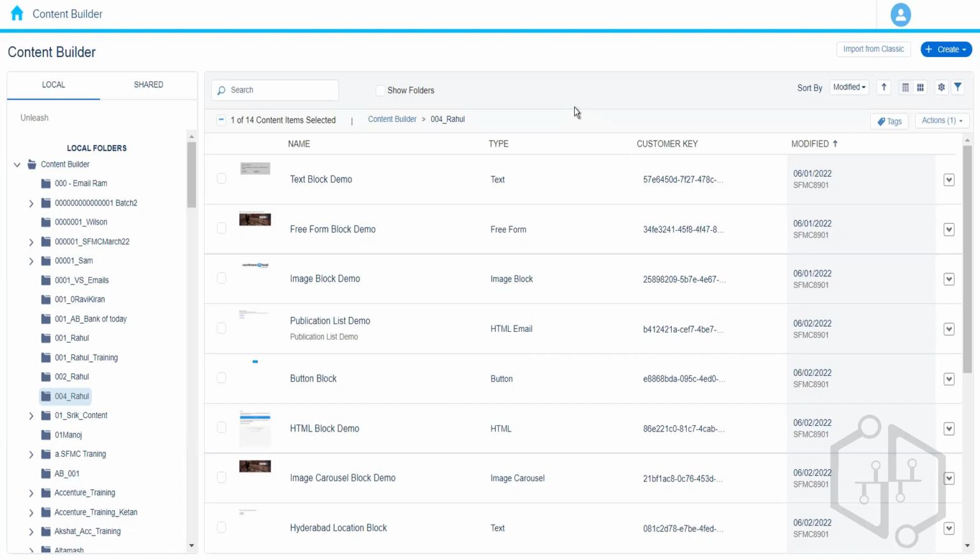So let's say 50% of the customers prefer English, and the rest of the customers prefer the Spanish language. If we have just 2 conditions, that if the preferred language is English, then show the content in English, and if the preferred language is Spanish, then show the Spanish content, in that case we will choose dynamic content block, and we will not go ahead with the enhanced dynamic content. But in case we have multiple conditions, then we'll go ahead with the enhanced dynamic